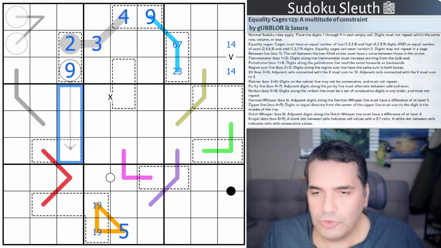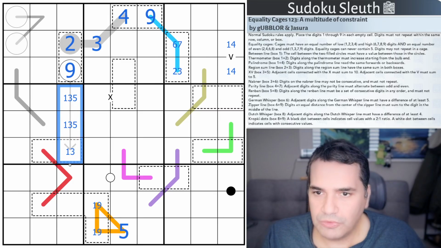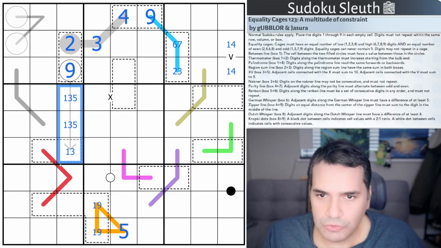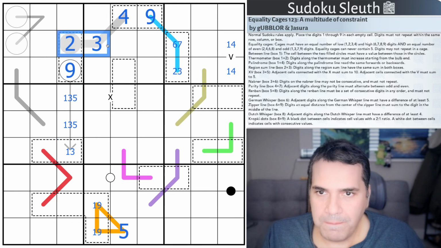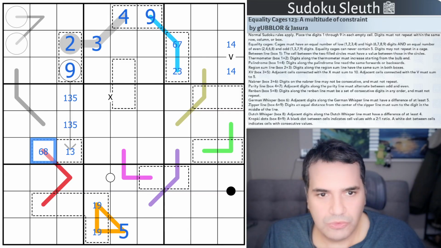And without the 2, this is 1, 3, 5. 3 ways of getting to 9 in 3 cells: 1, 2, 6, 1, 3, 5, and then 2, 3, 4. The only one that doesn't include the 2 is 1, 3, 5. Not actually sure where to go next. 1, 3, of course, gives me 6, 8. This was